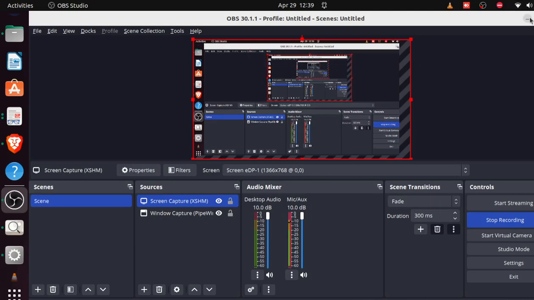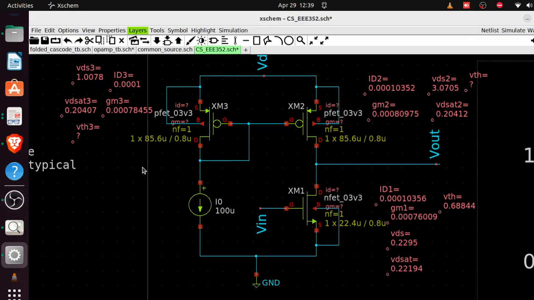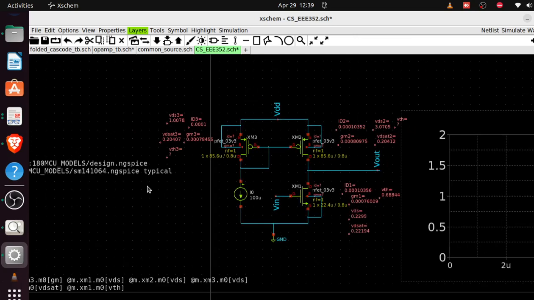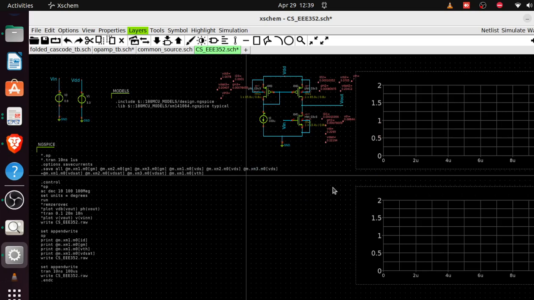Okay, so welcome back. I've completed everything. Now you have M1, M2, M3. So I'm just going to zoom full, then I do Ctrl S to save my work. I think I'm now ready to do the